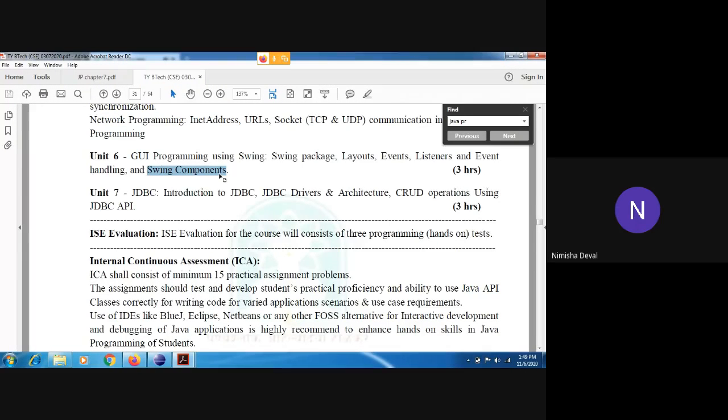And now we are in the seventh chapter, that is the JDBC. Now can anybody tell me if you have completed this part in the database? If you have implemented it in the database, you can mention in the chat box so I can understand whether you have understood it or not. If not, I will start from introduction. If you have already done it, then we will directly move towards its architecture. If not, then I will start with